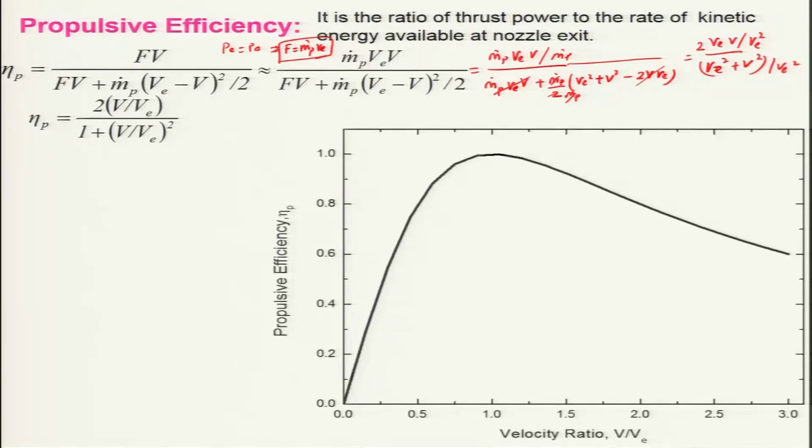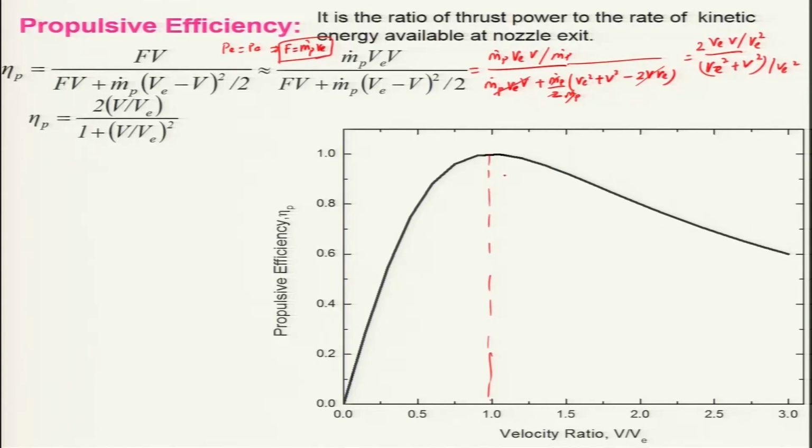And if you plot this propulsive efficiency versus this ratio of V by V e, you can see that the propulsive efficiency increases and reaches something around 1 when V e divided by V is equal to 1, something like that. Of course, that is the beauty of this: beyond this velocity ratio, the propulsive efficiency drops down,